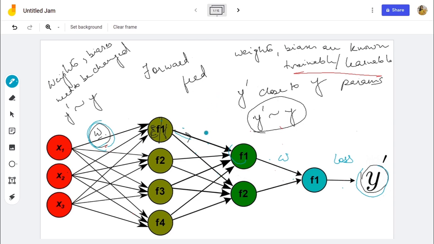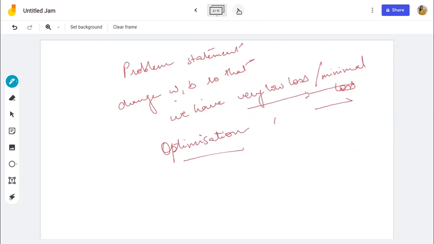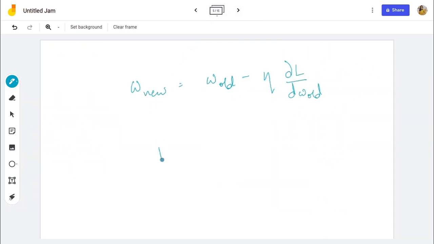This is a big problem because this network is highly interconnected. So any change here in the starting layers will cause a lot of changes in the further layers, outer layers. So we need to do something about it. We cannot update the loss and differentiate the loss with respect to the weights here, but we need to somehow find a way to do that. Hence we come across what is known as back propagation. This is a lot like chain rule.